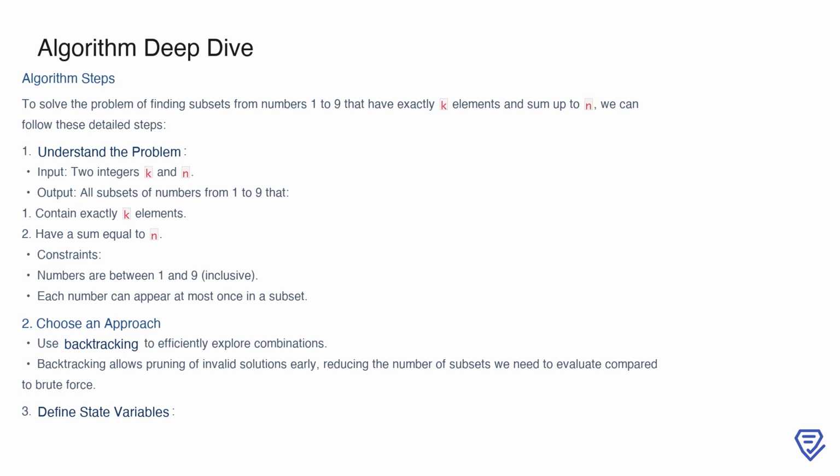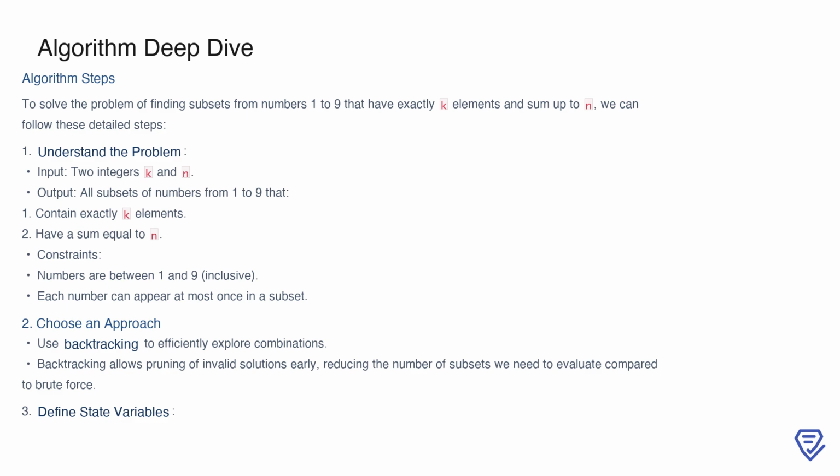To solve this efficiently, we use the backtracking approach. Backtracking is ideal for this problem as it allows us to explore potential combinations while pruning invalid paths early, which is much more efficient than brute force. Finally, we define state variables to manage the backtracking process, ensuring that the algorithm tracks progress and avoids revisiting the